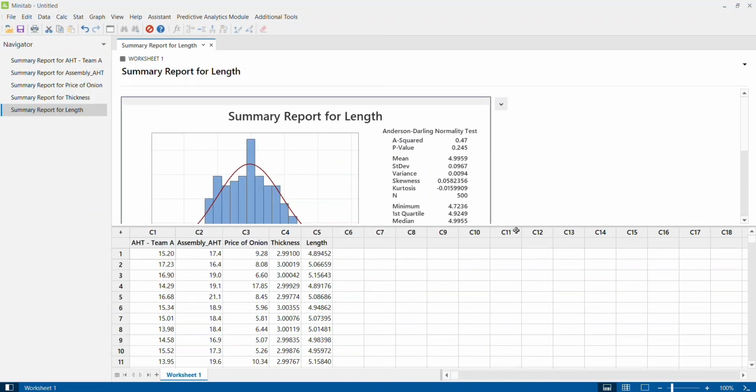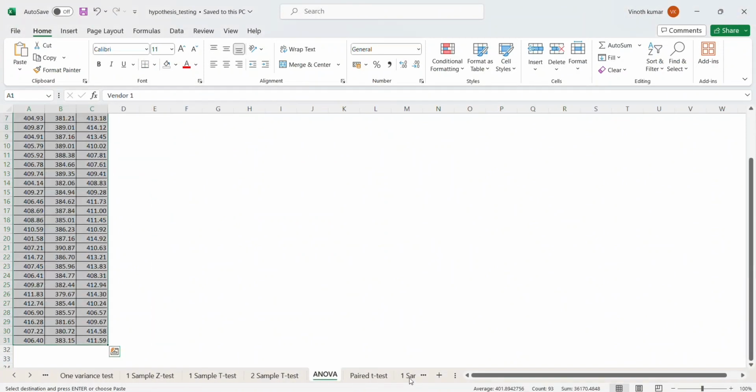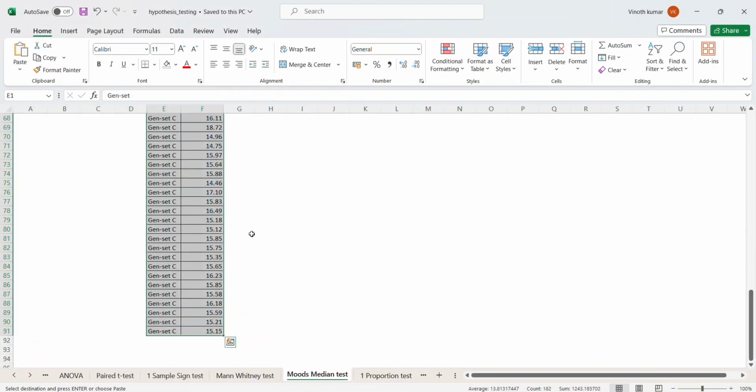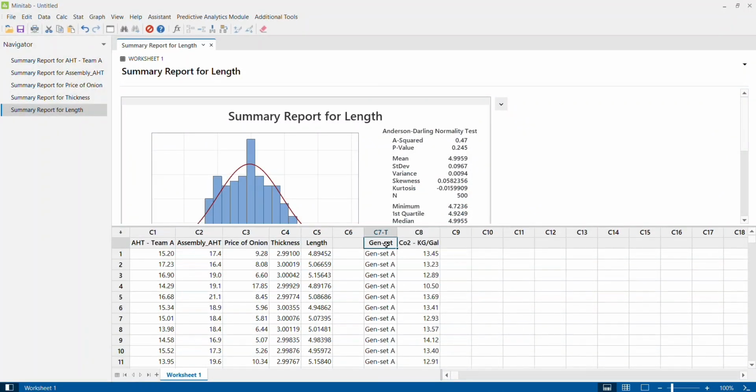Just to make it even more interesting, I have one example data. Let me open the data. Here I have carbon dioxide emission, CO2 emission, from 3 different diesel generators that we have. Let me paste the data here. Now I'm going to generate a graphical summary for CO2 emission, but that CO2 emission data is arranged in a way where the factor is in one column and the response